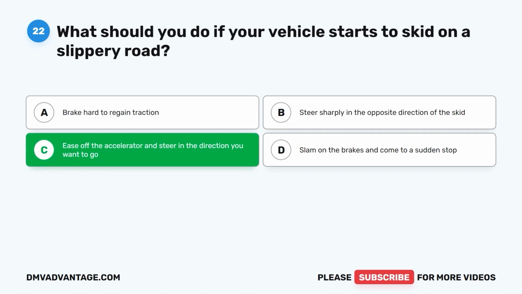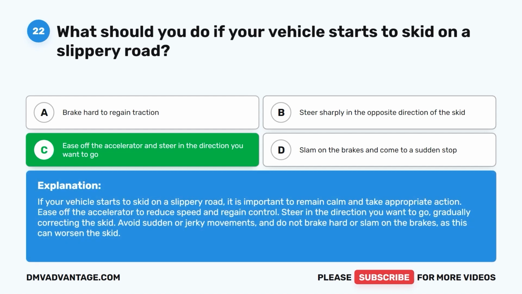The correct answer is C. Ease off the accelerator and steer in the direction you want to go. If your vehicle starts to skid on a slippery road, it is important to remain calm and take appropriate action. Ease off the accelerator to reduce speed and regain control. Steer in the direction you want to go, gradually correcting the skid. Avoid sudden or jerky movements and do not brake hard or slam on the brakes, as this can worsen the